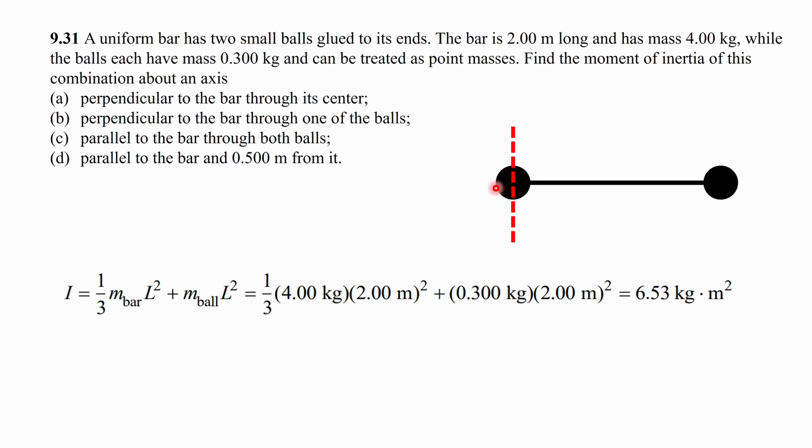Because the left ball is on the axis, it doesn't contribute to the inertia, so the inertia of the left ball is 0. The other ball will contribute inertia, and the bar will also contribute. If the axis is at one end of the bar, we have to pick the formula 1/3, and this is the inertia of the ball. We plug in the numbers and get a new number here,